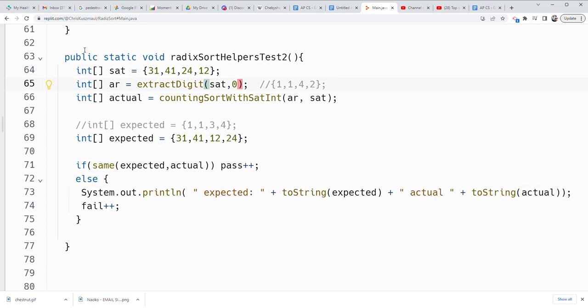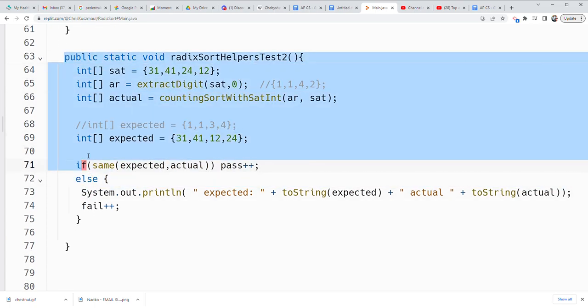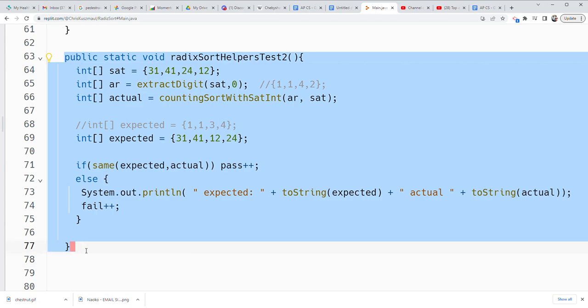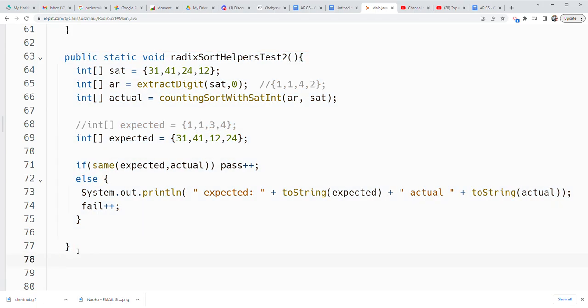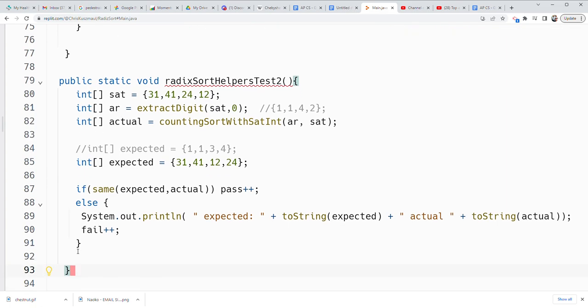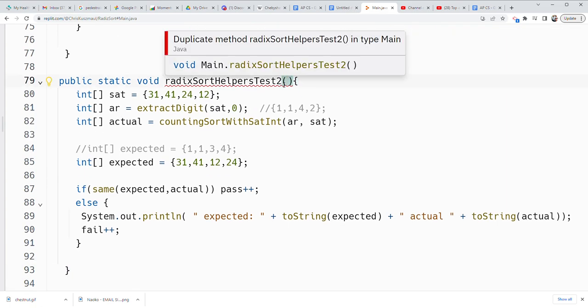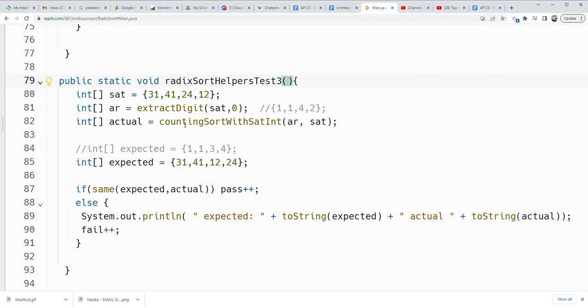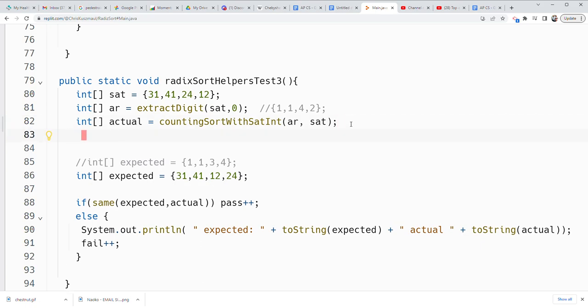Let's press on. Since we've gone past the 10th minute, let's push it right up to possibly as many as 20 minutes. Let's go ahead and do Radix sort helpers test 3. This is going to hopefully be a more full Radix sort helpers test. So everything is the same as Radix sort helper test 2, but now we're going to extract the next digit and do the next sort. So AR now becomes